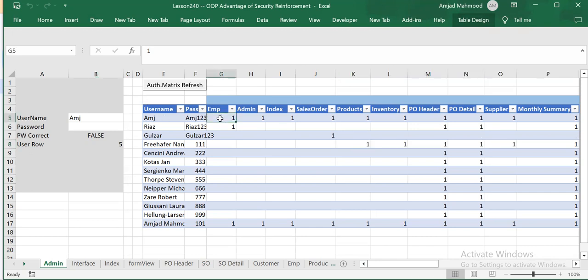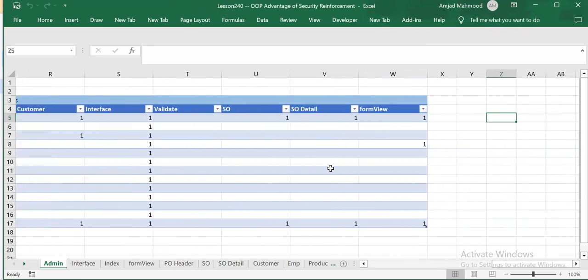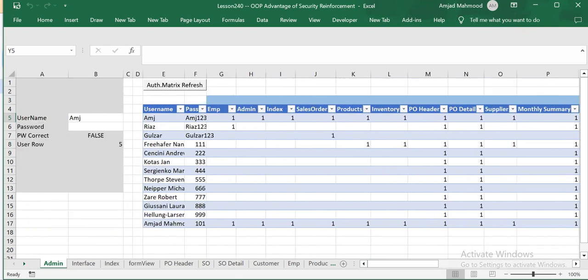Whereas the super user has access to all the objects. And this is a very crude sort of authorization matrix. Otherwise, authorization is not just authorization of the full privileges to the object. It can be further divided into